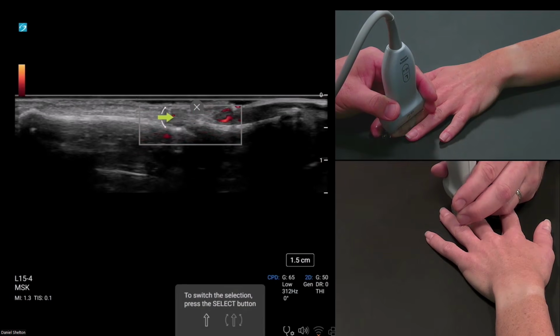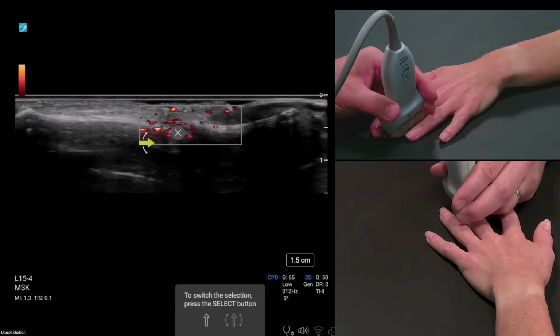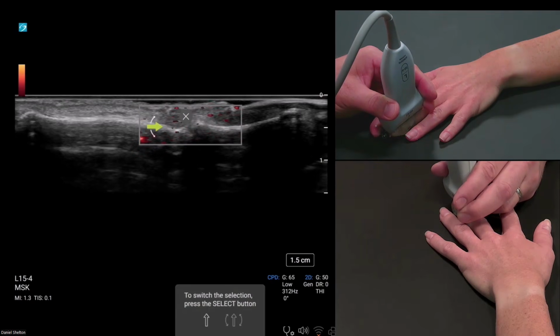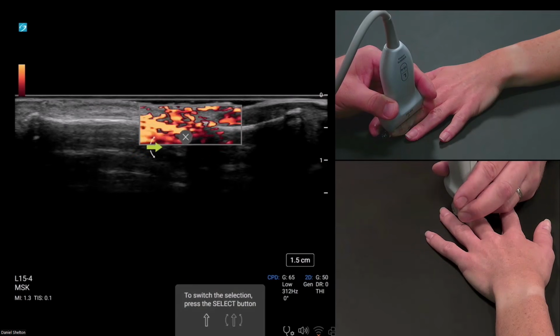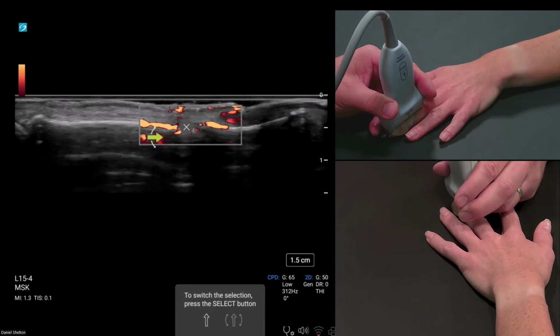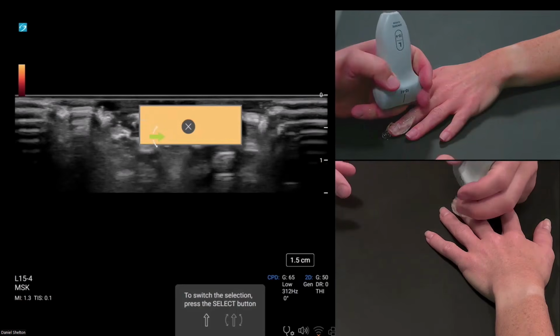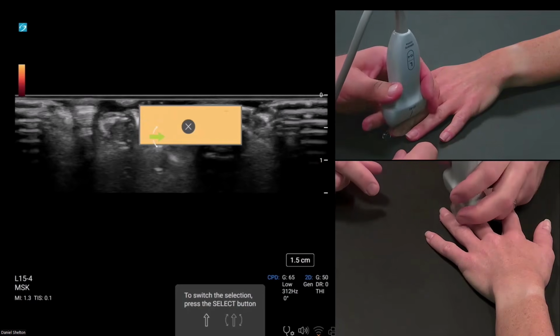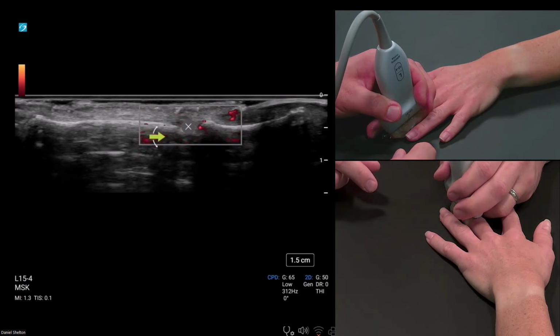And what's happening here is the Doppler effect is catching these echoes, and we're catching reverberation under the bone. And when we see that reverberation under the bone with something that's moving, it also assigns it a Doppler shift, but it will be in the exact location opposite to the bone. So we're seeing a perfect reflection upside down of that vessel underneath the cortex. So we're not seeing flow under the cortex. That's not real flow. That's mirror image artifact. It's a pretty cool property of a Doppler exam to be aware of, or a color exam.